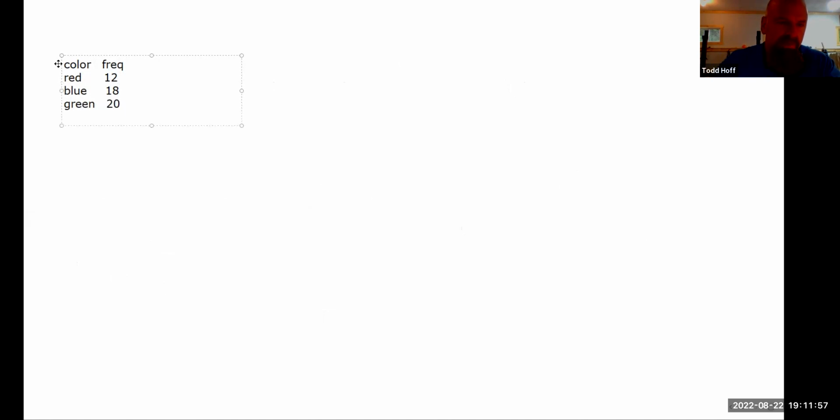So let's put it like this: red, blue, green, 14, 18, 20. Now this is still a table, and there's only 3 responses, so I can look at this table and fairly quickly tell you which one's most common. But if there were 10 or 12 responses, it might take a while to look through that table and find